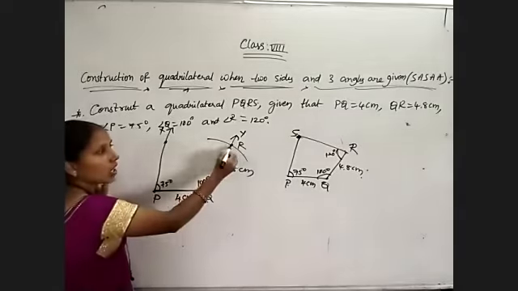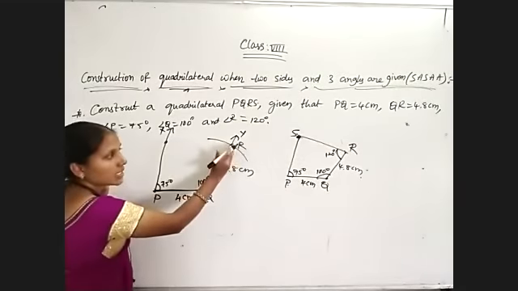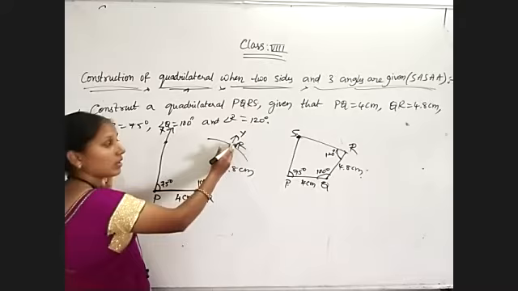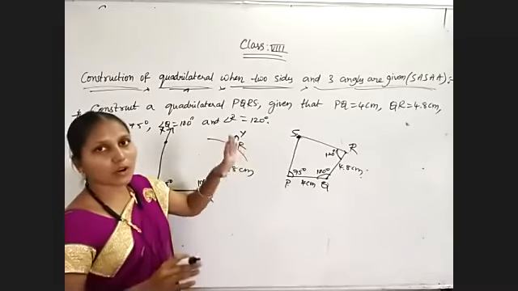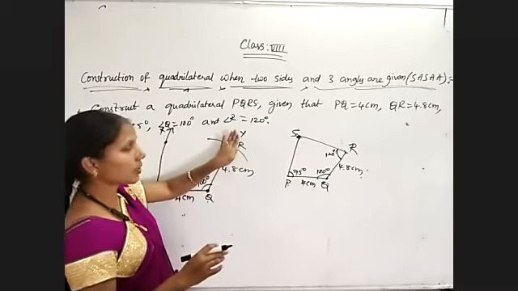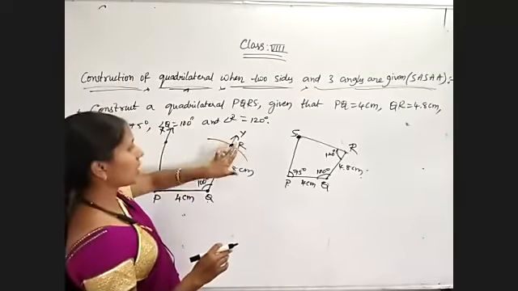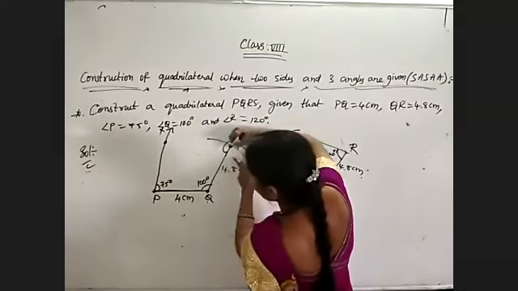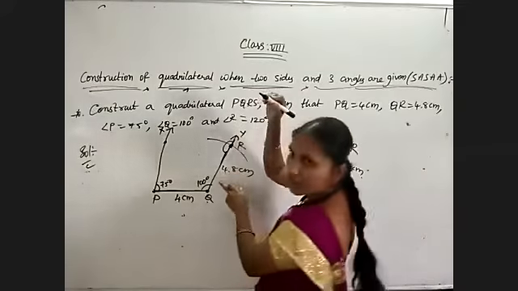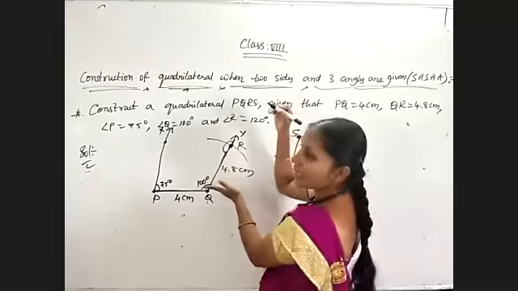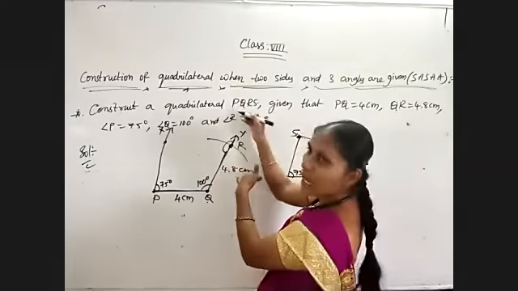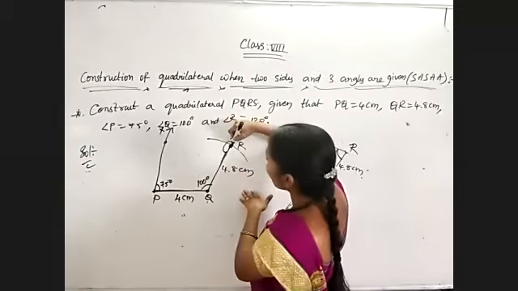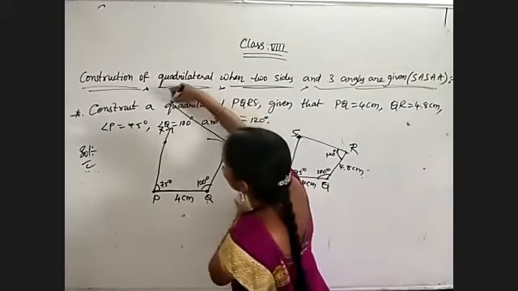So wherever I got the third vertex, place the protractor there only. Now I am placing the protractor here, so like this I will get. Now on this side I have the line segment. That means left side. Left side means which values do I need to take? Upper values. So take upper values and construct 120 degrees. Like this it will move.